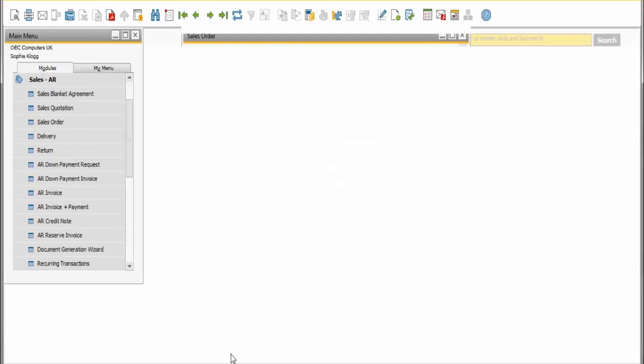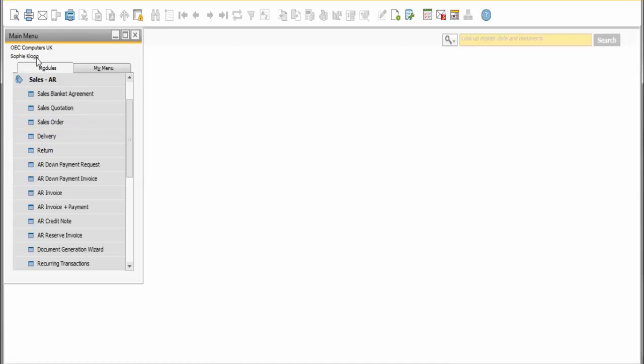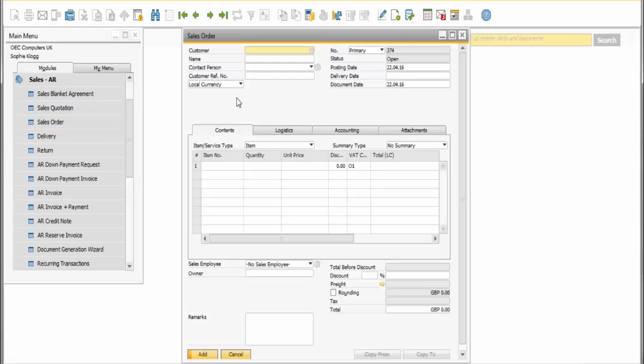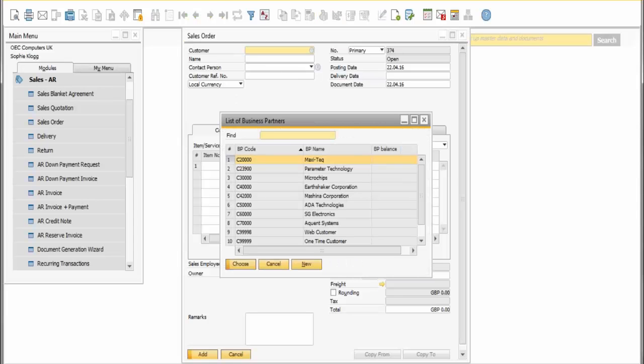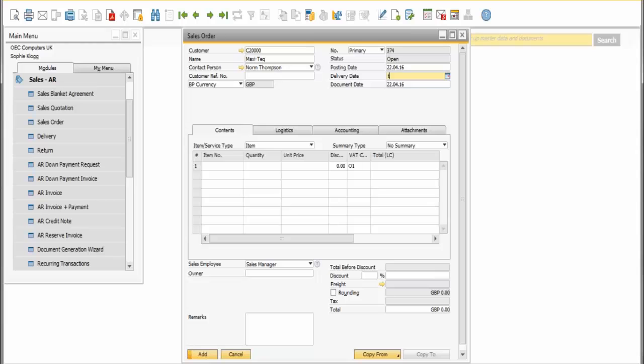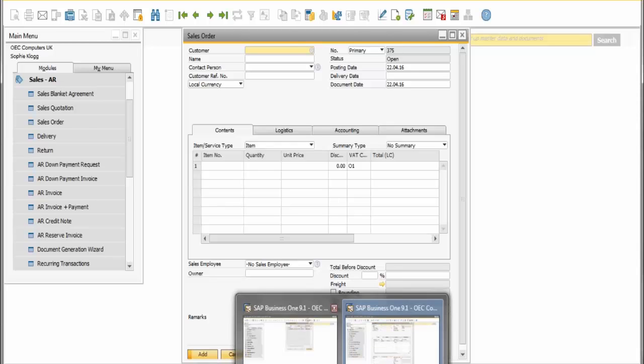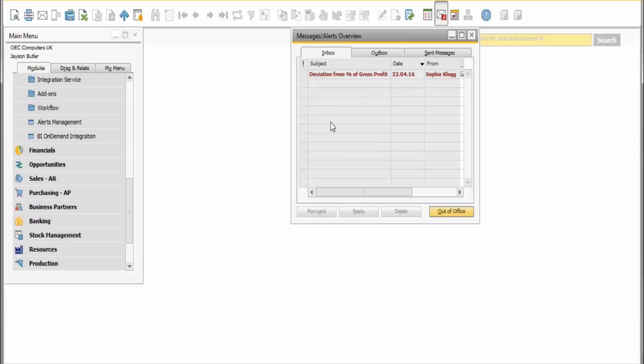Now I have a second version of SAP open here, and it's open under Sophie Clog. And we go and we enter a sales order for MaxiTech. We select today's date. We'll enter an item, office printer. We'll reduce the price to £150, and we'll add that sales order. And as you can hear in the background, there's an immediate ding on the system, and we have a message to Jason Butler